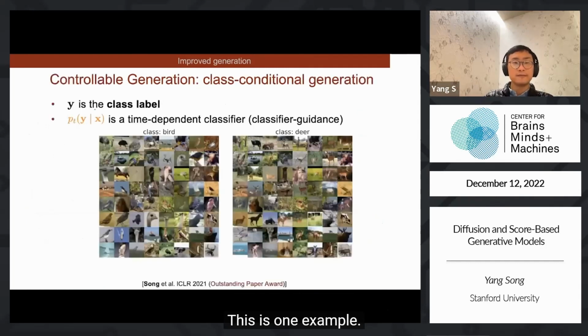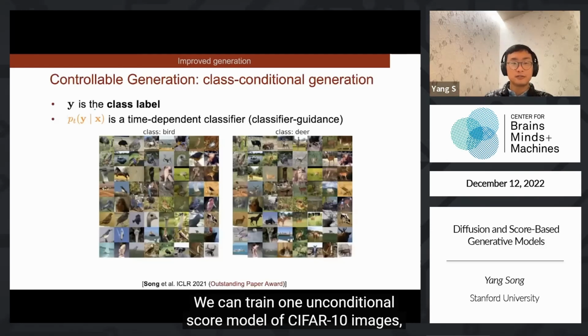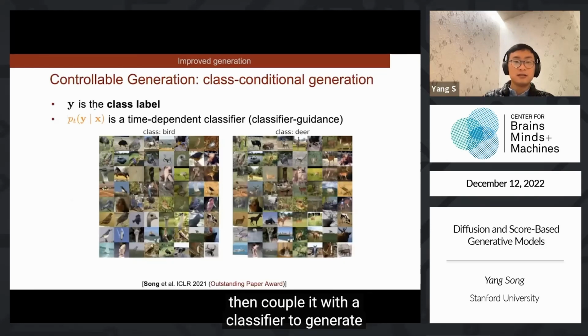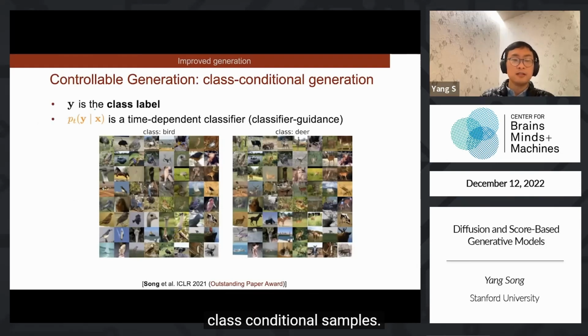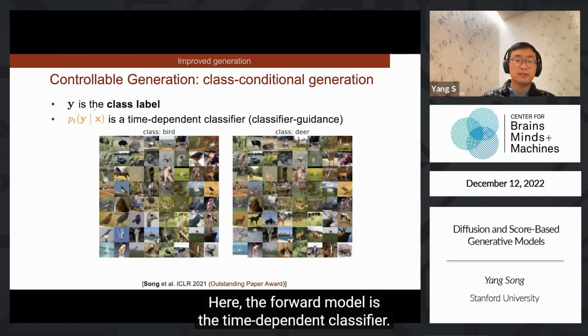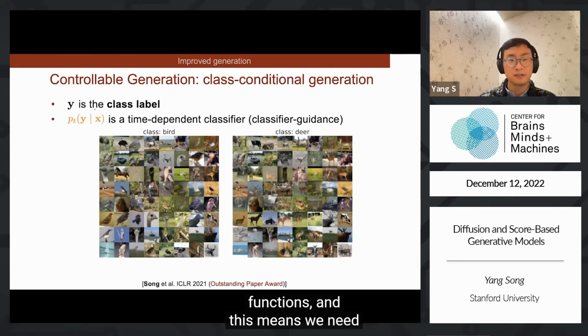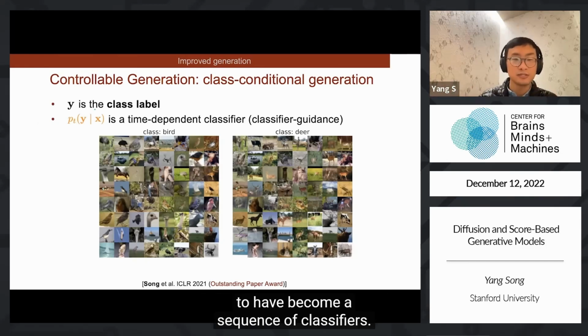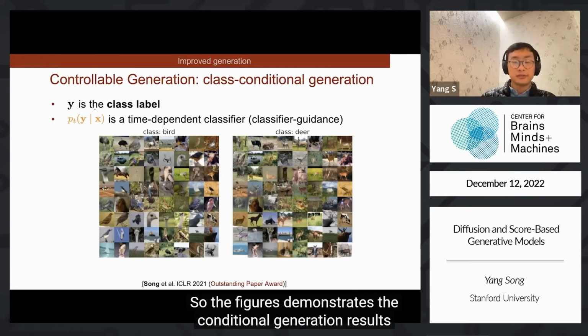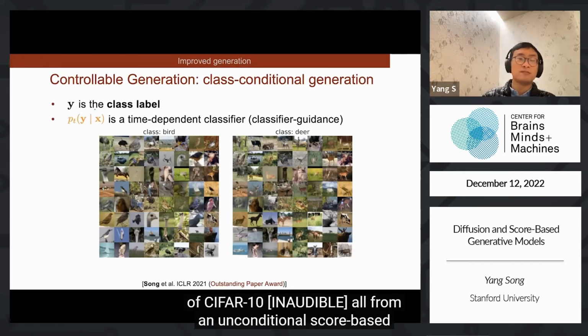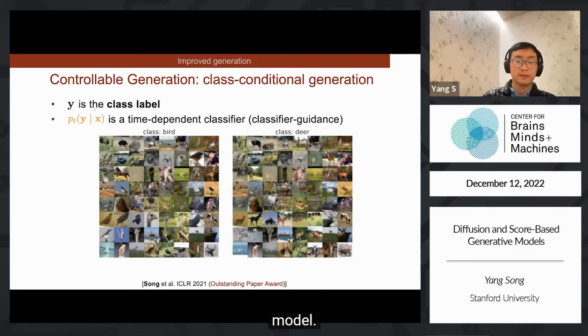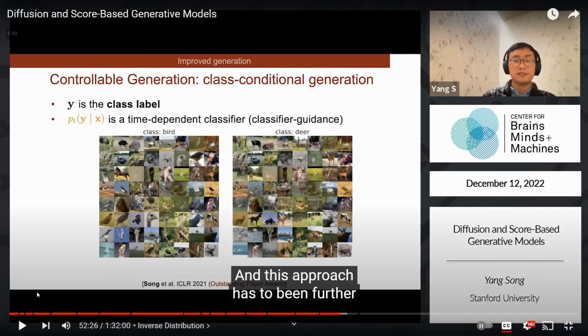This is one example. We can train one unconditional score model on CIFAR10 images, then couple it with a classifier to generate class conditional samples. Here, the forward model is a time-dependent classifier. It is time-dependent because we consider a sequence of score functions, and this means we need to have a sequence of classifiers. So the figures demonstrate the conditional generation results on CIFAR10. We have birds, we have deers, all from an unconditional score-based model. And this approach has been further